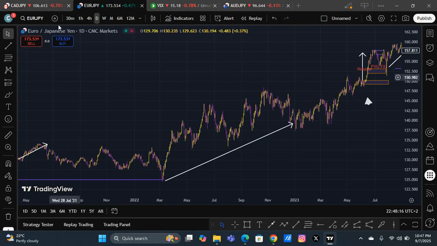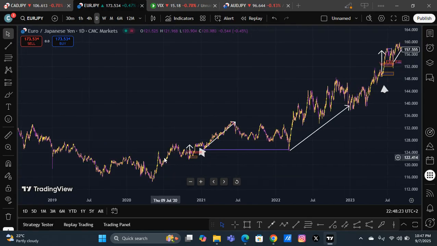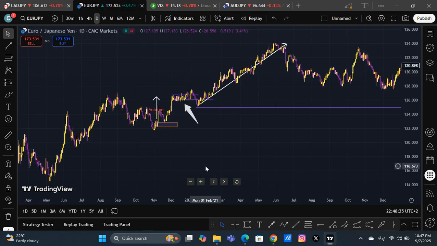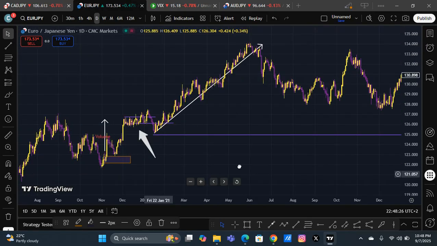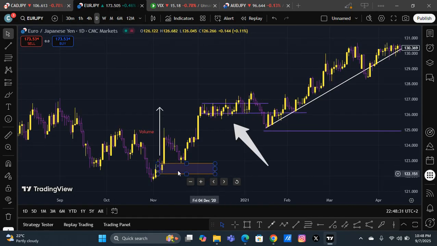Now we're talking about the Euro JPY. Now here on the Euro JPY, let's start in 2020. Where's my baby? Okay, let's look for my baby. Here it says the fifth is this candle. This candle over here. It says the 5th of November